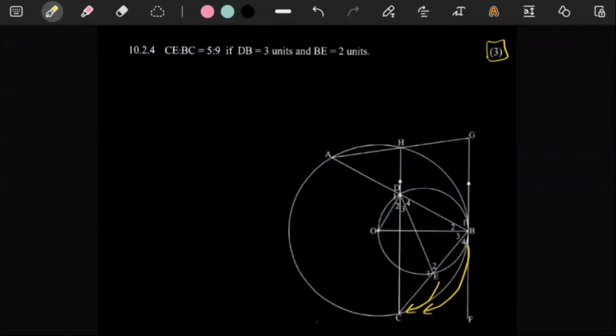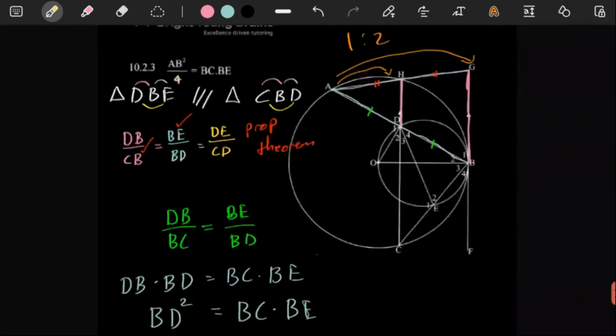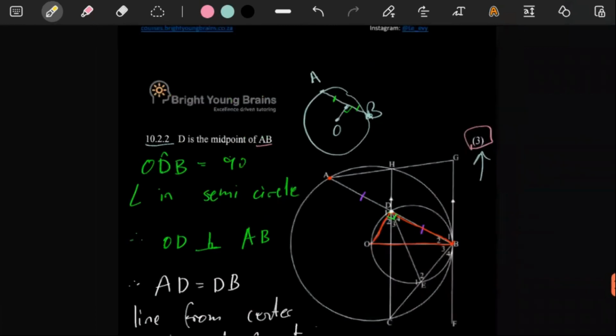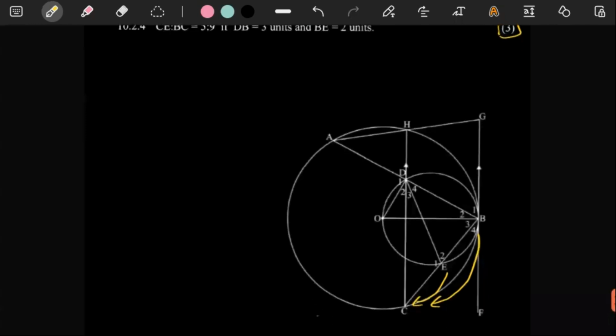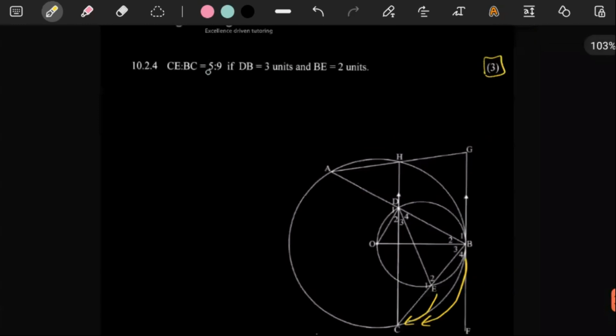So with 10.2.4, right? It's a 3-mark question, which is a bit comforting because, to be honest, 3-mark questions, just like how this one proved to be not so crazy, that's what we can be thinking of with this 3-mark question. They say the ratio between CE and BC is just 5:9. So we should prove that the ratio is 5:9 if